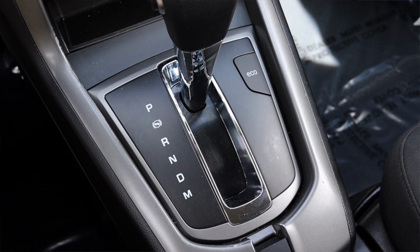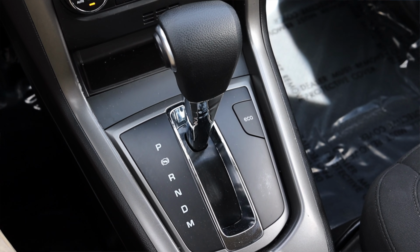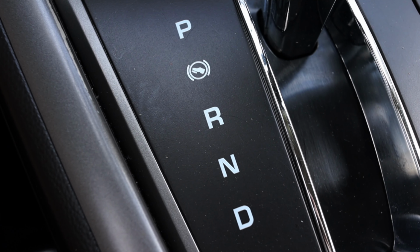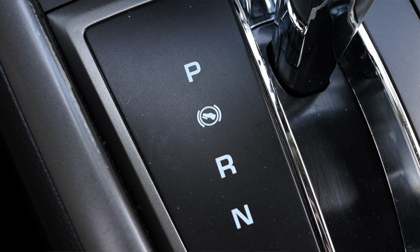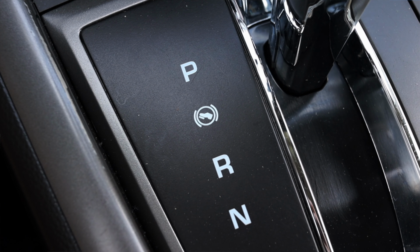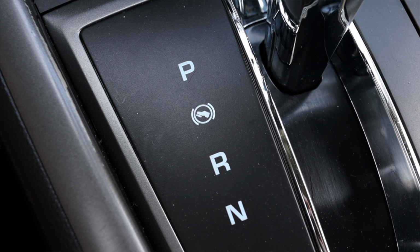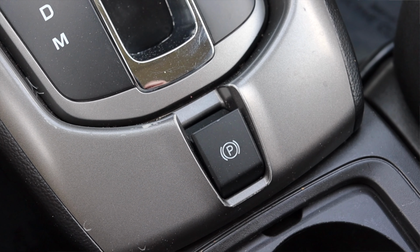I have the shifter, which is interesting because it has park, reverse, neutral, drive, and manual. However, in between park and reverse, there's a little brake icon showing that you have to hit the brakes in order to shift gears. Now, usually this is pretty much common sense that you have to depress the brake in order to switch gears, but the Captiva actually shows you that. I don't know if maybe that's a foreign market thing and they just left it in or what have you, but there it is. Then I have a power parking brake down at the very bottom,